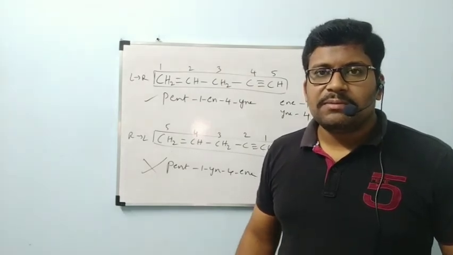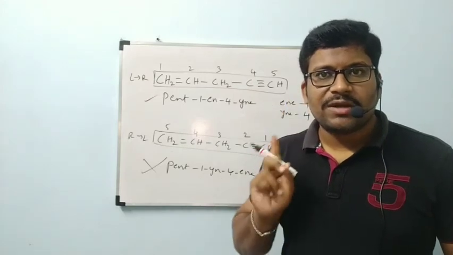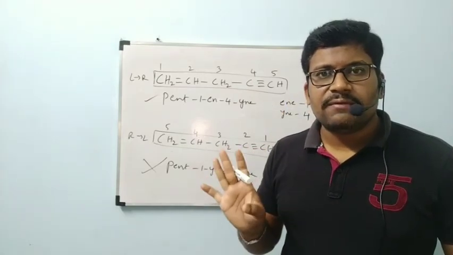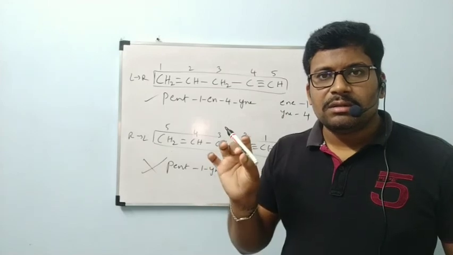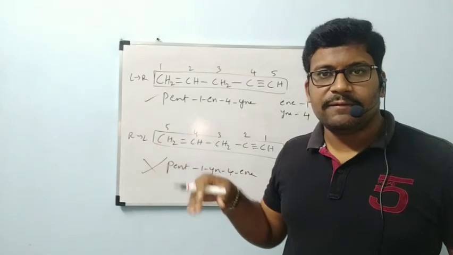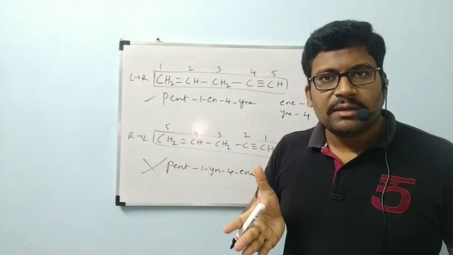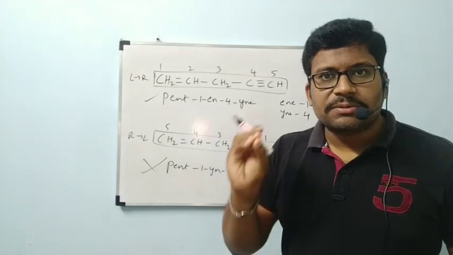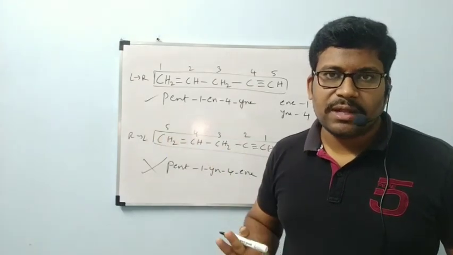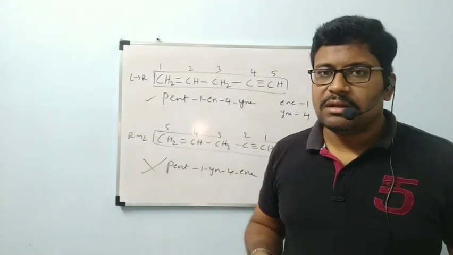Okay, this is about naming in different cases. Actually, we told two rules only. First rule, the longest chain rule. Second one, the least number rule. Depending on these only, we are getting these many conditions. All these conditions, remember carefully. Side chains we have, substituents we have, double bond and triple bond we have. Like this, three different categories we have. Okay, ma?